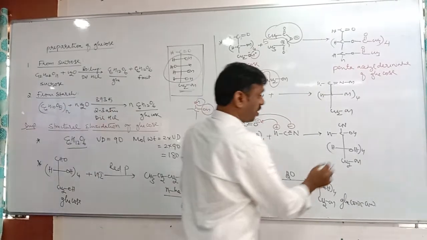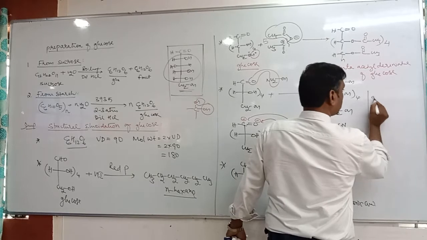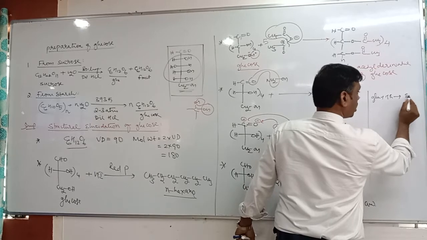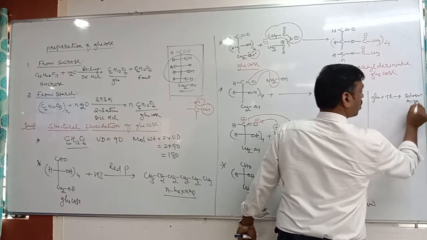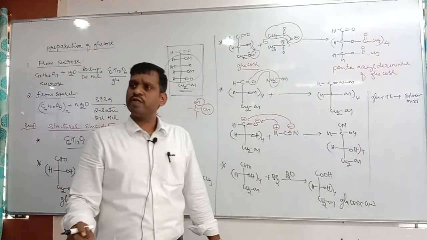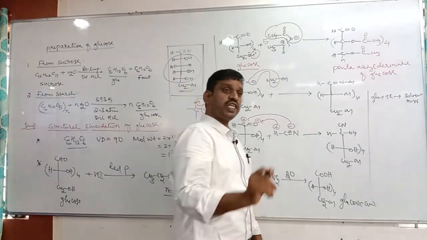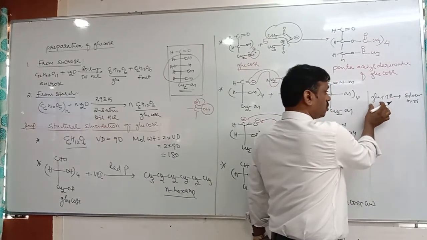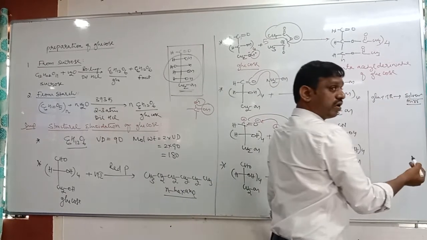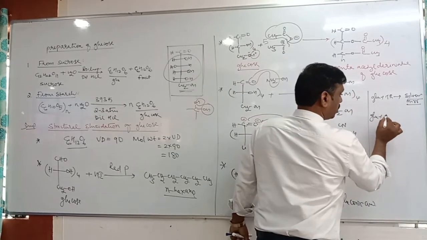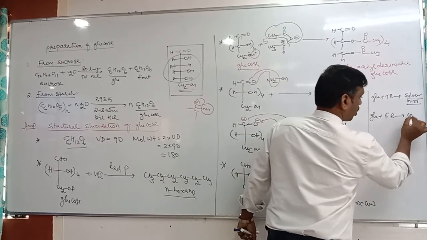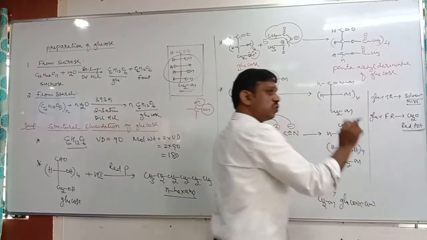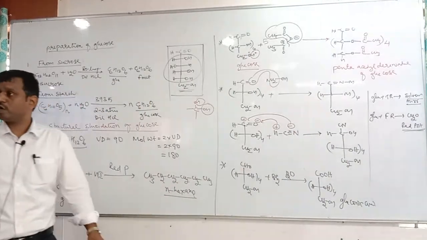And there are two more reactions. Glucose also reacts with Tollens reagent and gives a silver mirror. It means it is a confirmation test for aldehyde. The confirmation tests for aldehyde are two important reagents, Tollens reagent and Fehling solution. Glucose plus Tollens reagent gives a silver mirror, and glucose plus Fehling solution gives cuprous oxide, a red precipitate. So these two reactions also confirm that glucose contains only an aldehyde group but not a keto group.